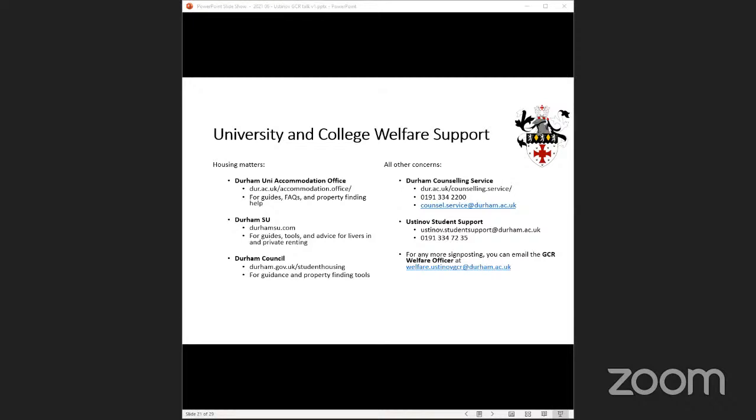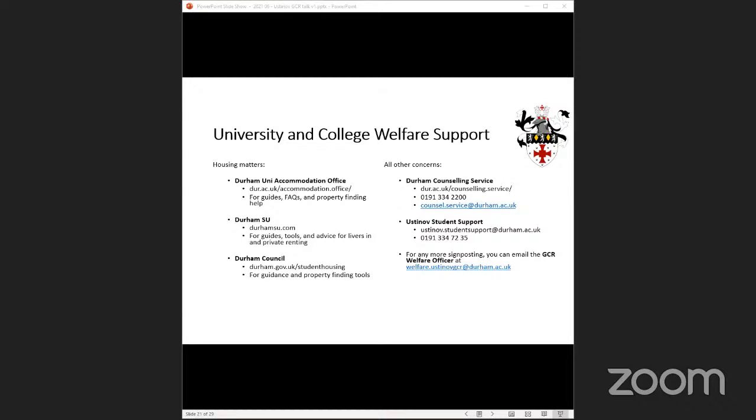And the last one is from the government, and in the right side you will see there is another type of support. So if it's not related to housing matters, or you're having problems with your landlord that is causing you stress or having some mental welfare, you can also get some